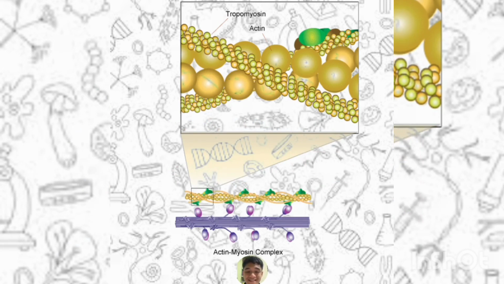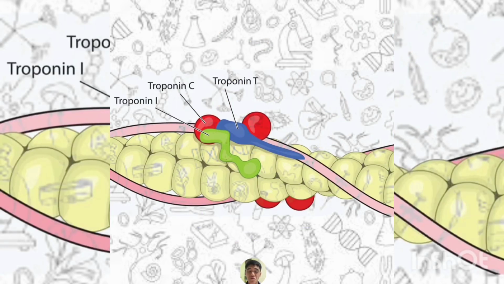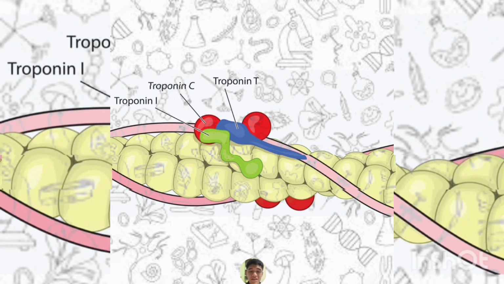Okay, for tropomyosin, it is an actin-binding protein that is very useful in muscle contraction. Troponin is a complex of three proteins that attach